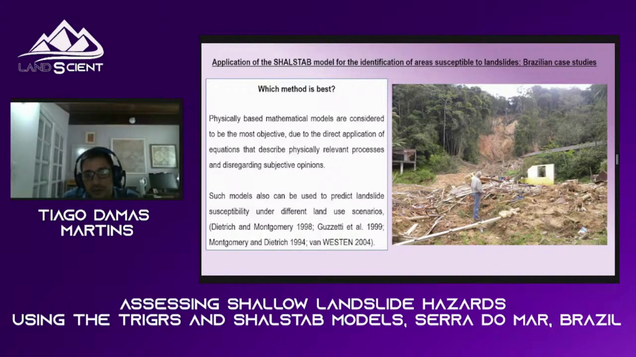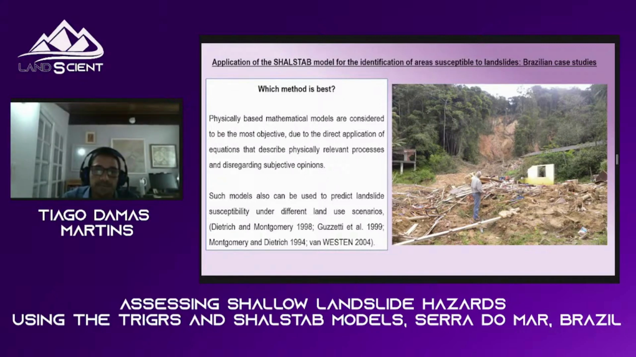There are a lot of methods in order to map areas susceptible to some sort of process, in our case, mass movement. Some methods are based on some level of understanding of the process, and you can infer a weight on some parameters. But these methods rely a lot on the experience of the researcher. So physically based mathematical models do not rely on the subjective experience of the researcher, and instead